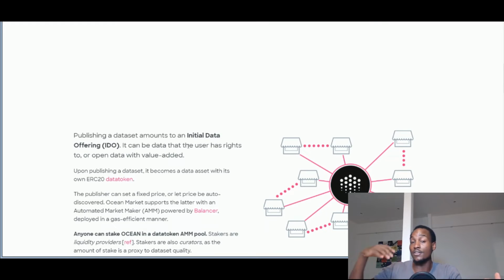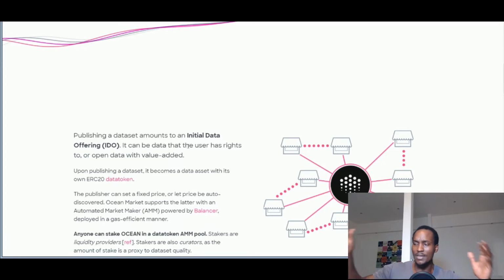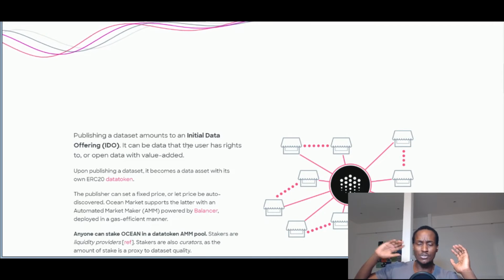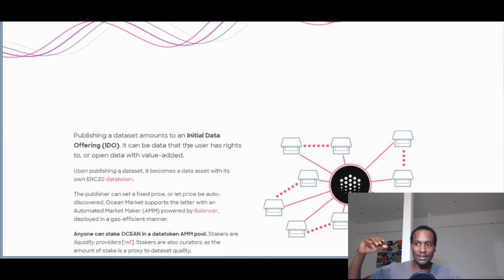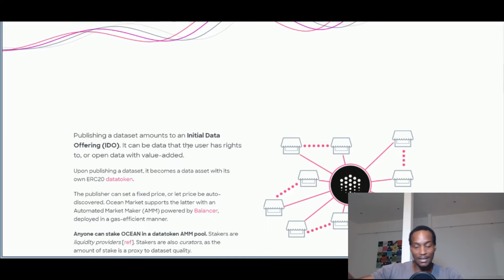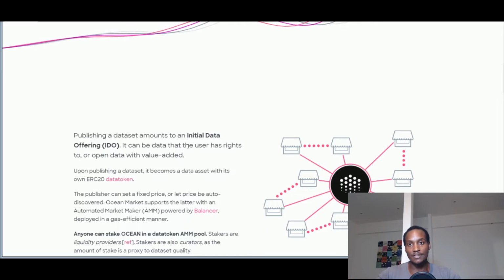So we know initial coin offerings, then we know Binance did initial exchange offerings. Now these guys are doing something referred to as an initial data offering. So you could have your nicely curated data about a specific thing. Maybe you're a hospital, or maybe you do something to do with mountain climbing, so you have this data about different regions that are very prime for mountain climbing or whatever. So you have this data and you do want offerings that this is the data we're going to provide.